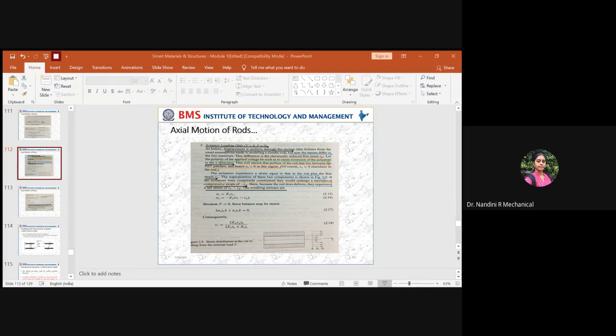So it gets superimposed. You will be having maximum strain here and minimum strain here. But if you assume the strain is equal in both the cases, then it superimposes on the components as shown in the next figure. Okay, is the slide visible? Yes, ma'am.